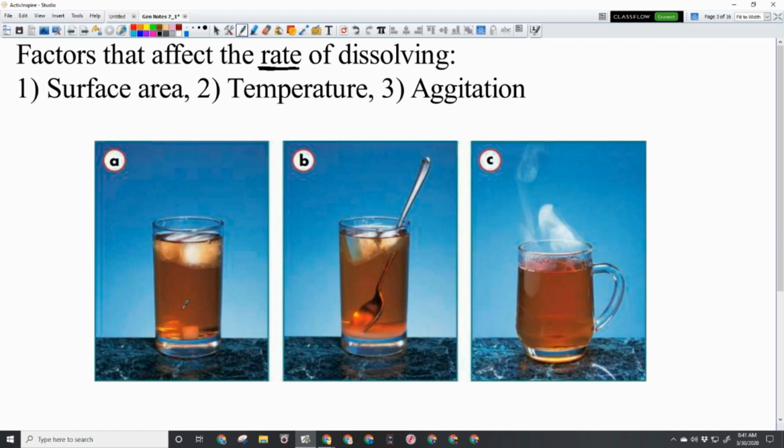That's like putting a jawbreaker into a glass of water. That's going to dissolve a lot slower, like several days, rather than crushing it up and then putting the powder into a glass like this. And there is